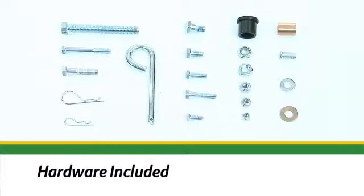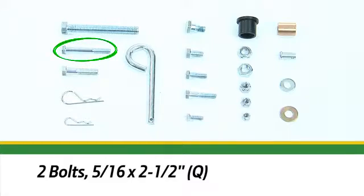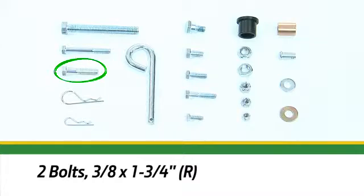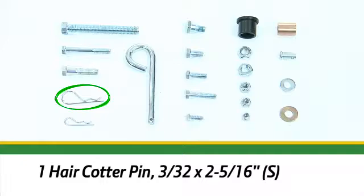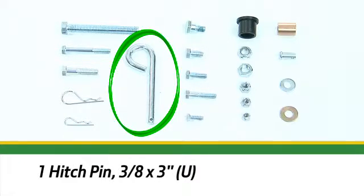In the hardware packages, you'll find a variety of different size bolts, washers, and clips, including 2 1/2-inch by 4-inch bolts, Part P, 2 5/16-inch by 2 1/2-inch bolts, Part Q, 2 3/8-inch by 1 3/4-inch bolts, Part R, 1 3/32-inch by 2 5/16-inch hair cotter pin, Part S, 2.08 by 1.58-inch hair cotter pins, Part T, 1 3/8-inch by 3-inch hitch pin, Part U,